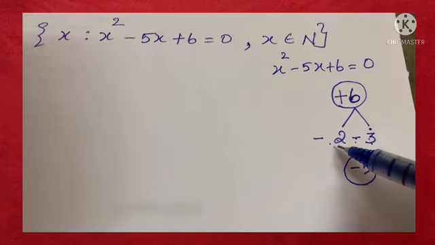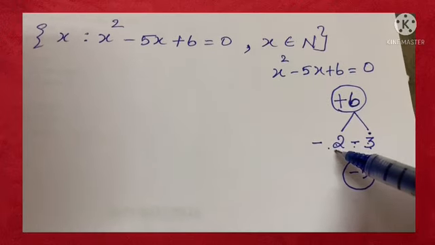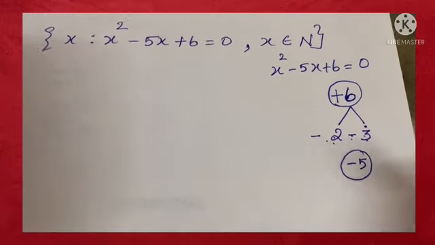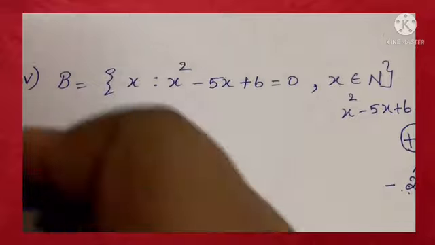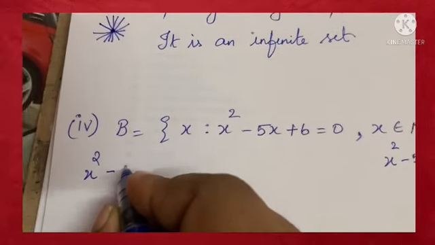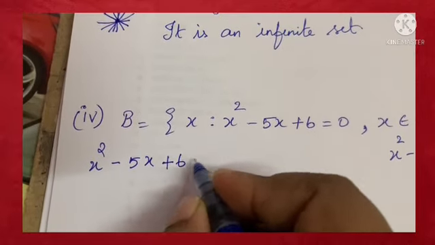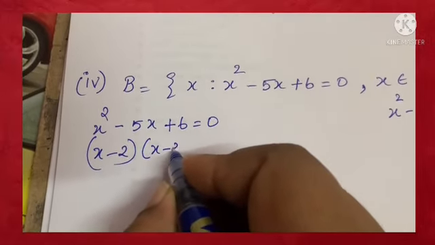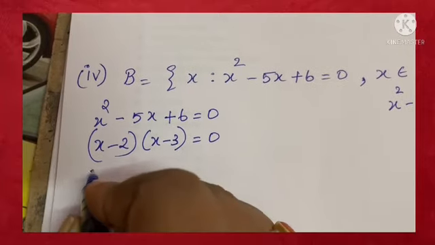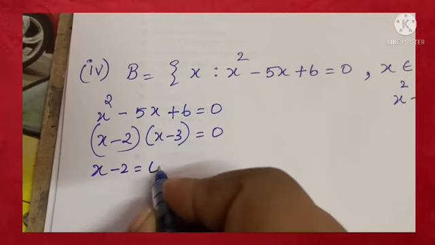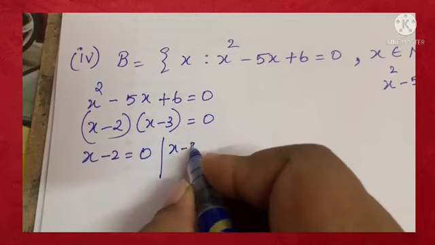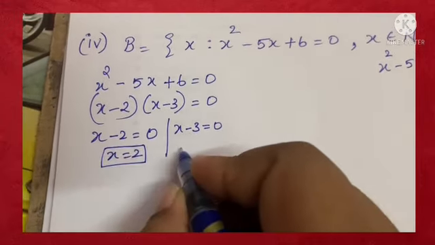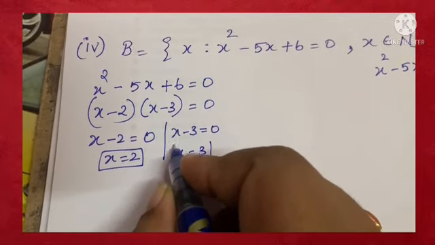Okay, now you have got the answer of x. Is it so? No, we have got only the factors. So this can be taken and written as x minus 2, x minus 3 equal to 0. So I can say x minus 2 is equal to 0 or x minus 3 is equal to 0. So where my x is 2, x is 3.